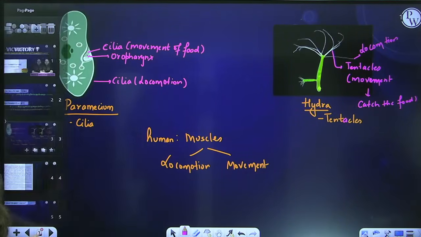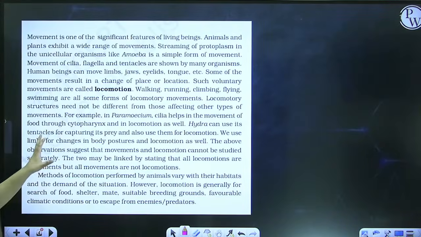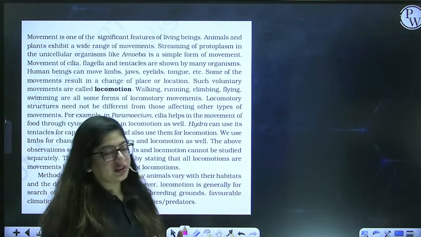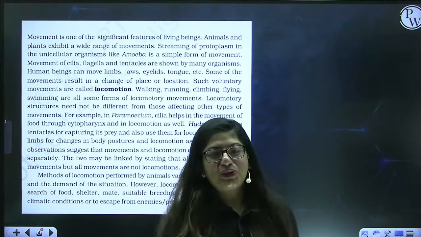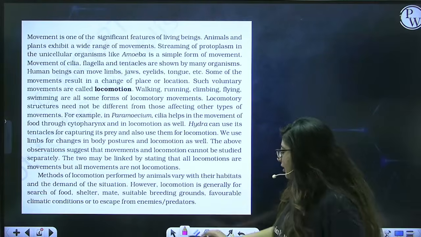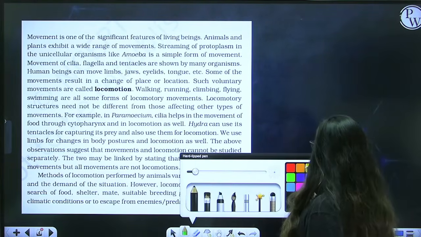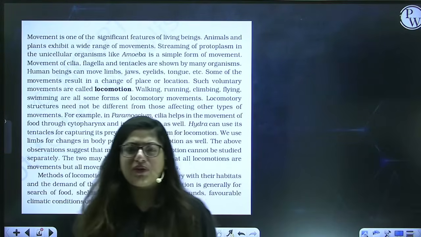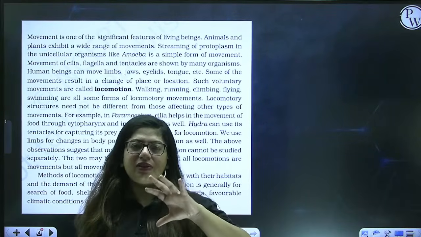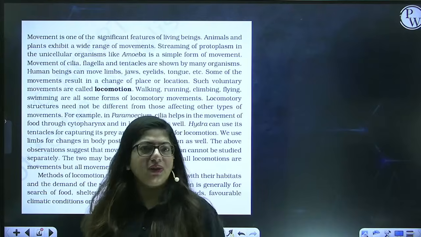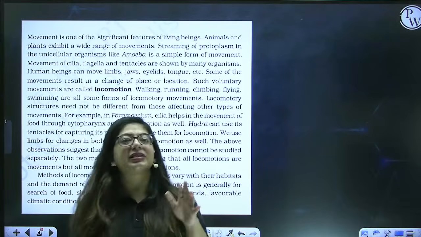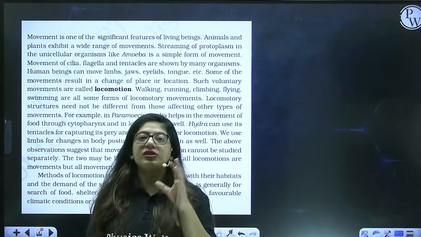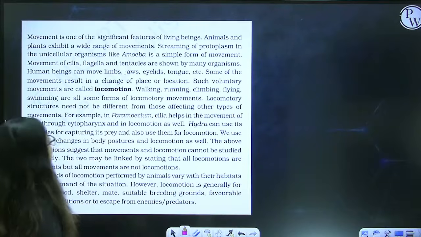Now let's talk about some lines of NCERT here, because I feel that NCERT is very important. Those who do not have a habit of reading NCERT's first or second paragraph, Diksha ma'am is here. She will not leave you like that. It is a habit of students to always skip the first paragraph of NCERT. No, that's the paragraph that makes the base of the chapter. Always read that, right? So let's get started.